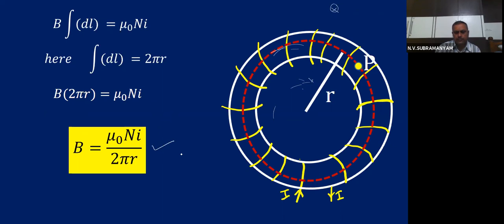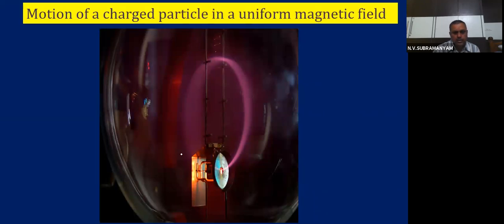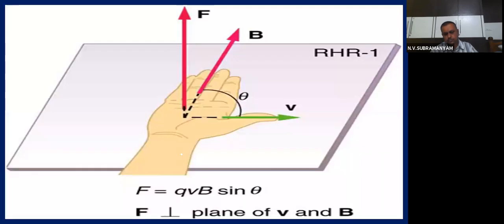Are you clear, children? So I will move to the next topic for today, which is a very interesting topic. Here you are seeing that circular path. We are going to discuss that circular path, the pink color circular path you are seeing in that instrument. That is interesting, yes or not? We will discuss that. Okay, what is that and what is the importance of it? So we are discussing the motion of a charged particle in a uniform magnetic field. You will get 2 marks questions on this topic, children.